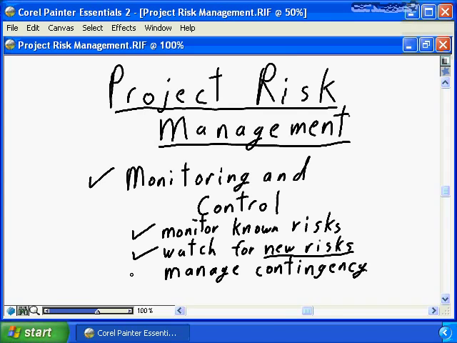And most importantly, and probably the most difficult aspect to deal with, is managing the contingency. We need to ensure that contingency reserves for known risks are reserved until that risk event transpires or disappears. We ensure that we manage our general contingency funds for true risk events, that we don't consume